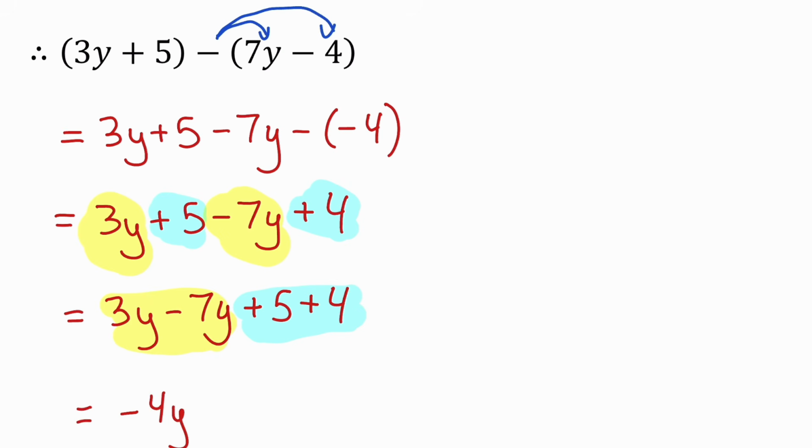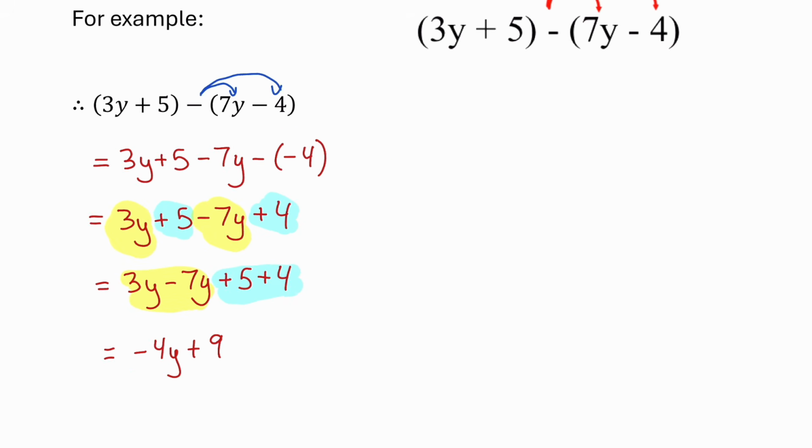We always leave the variable part the same when collecting like terms. And then 5 plus 4 is 9, so plus 9. That would be the final simplified expression for the subtraction of those polynomials. So now let's go ahead and do a few examples where we